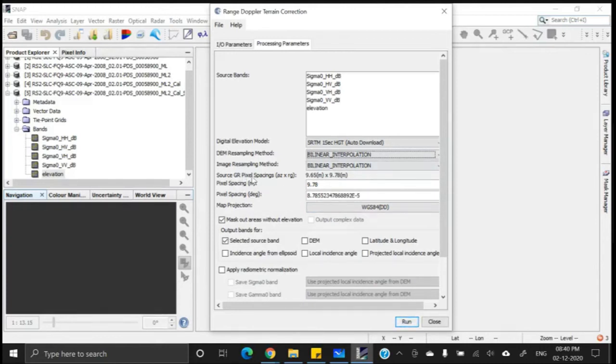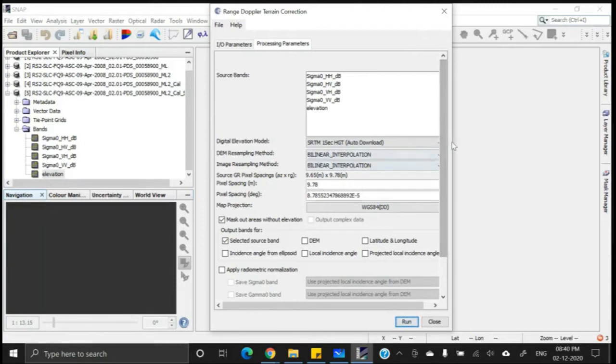Then source ground resolution pixel spacing was 9.65 meter by 9.78 meter, and after the georeferencing, the pixel spacing will be 9.78 meter after the resampling. The pixel spacing in degree is also given in addition to the meter.